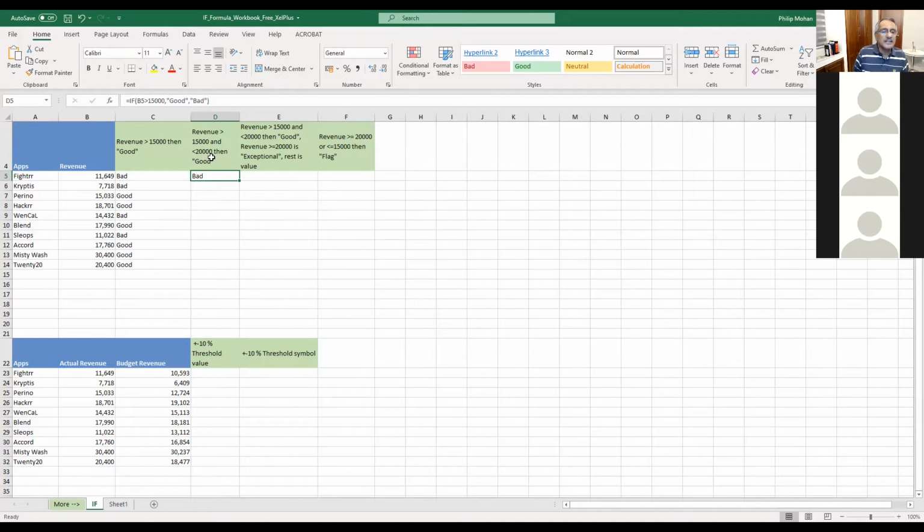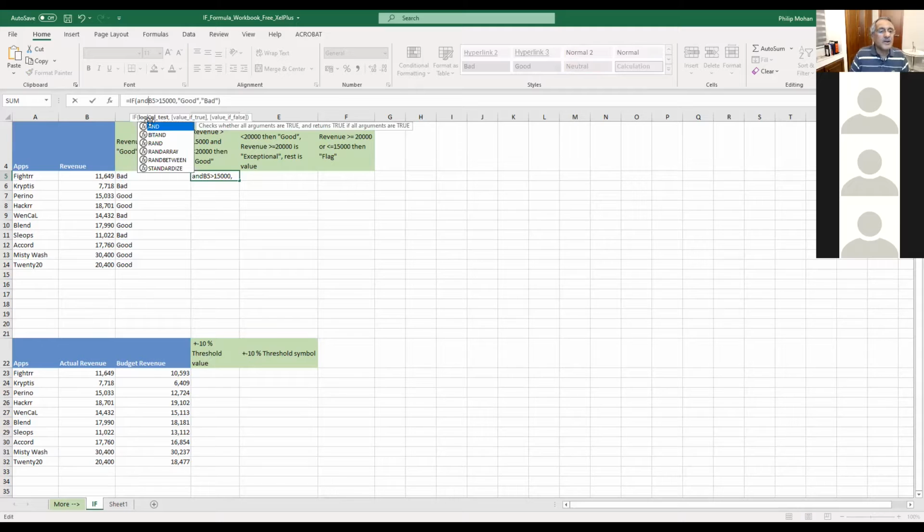So then what we have to do is use the condition AND, and say be greater than 15,000, and then put the second condition, which is this, less than 20,000. Close it.